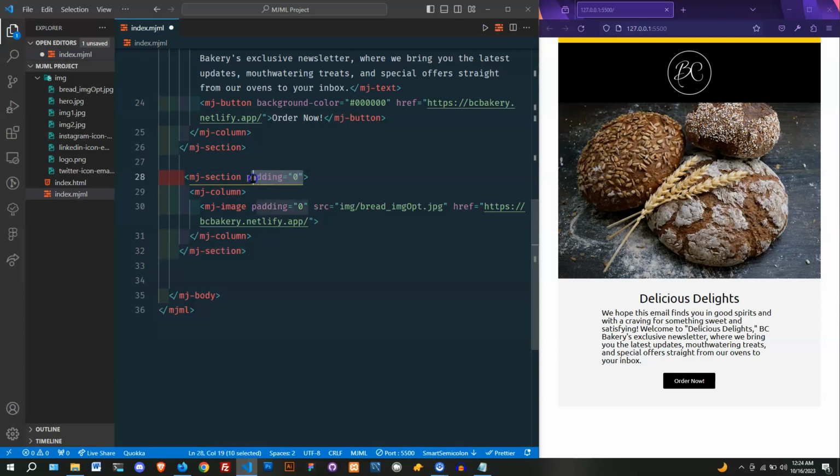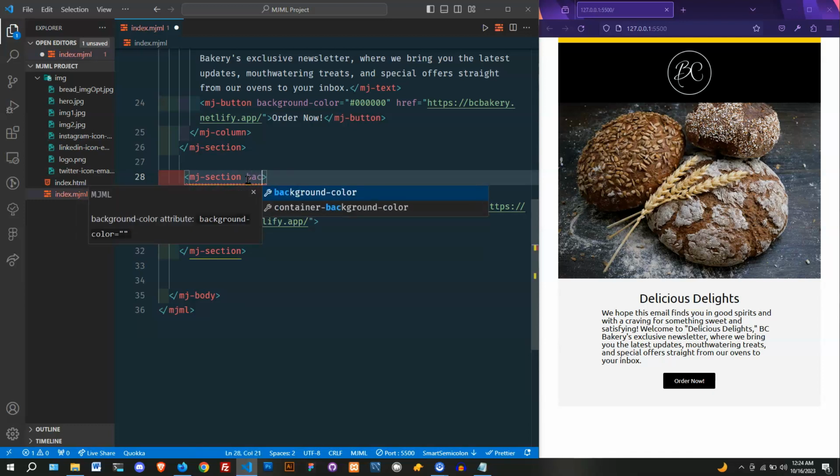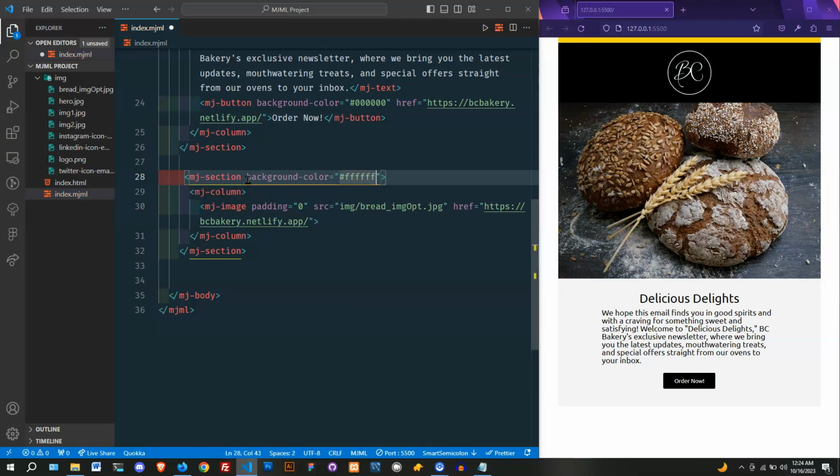So in this section, I want a background color. Let's do all white. And I don't know why I took off the padding. 70 pixels by 20 pixels. And I want the